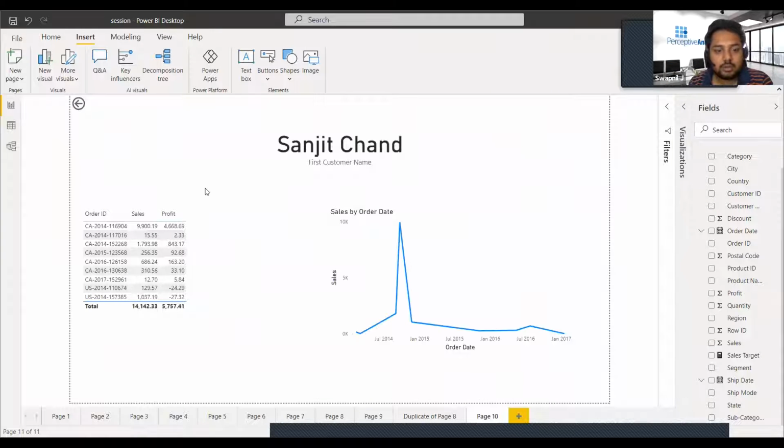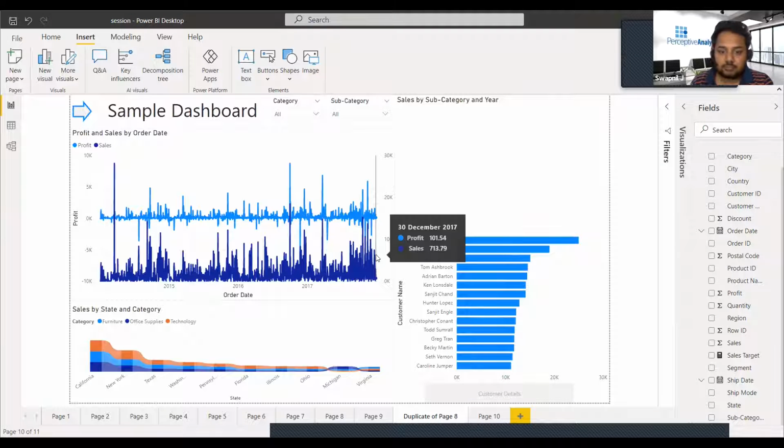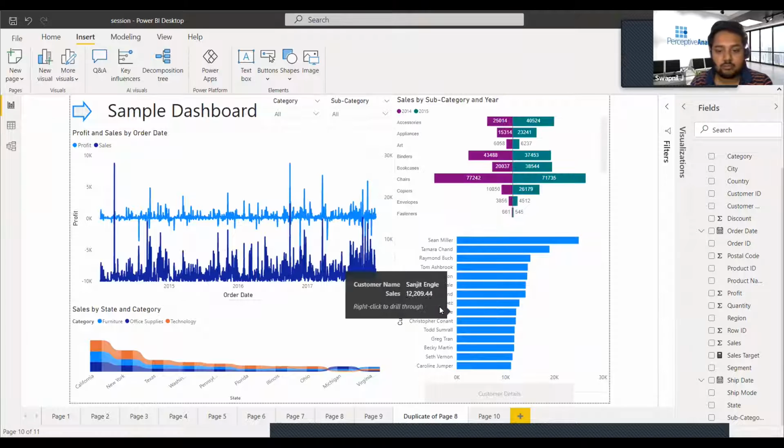It took us here, and it's giving that customer level details. If you want to go back, you can just click on this back icon, and it will bring you back to the main dashboard. This was the second thing that I wanted to show you.